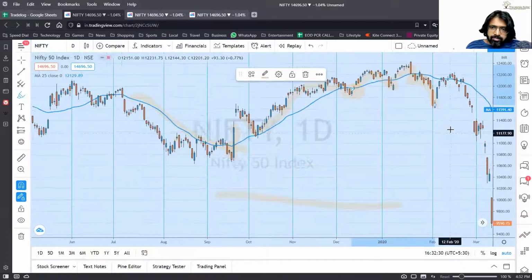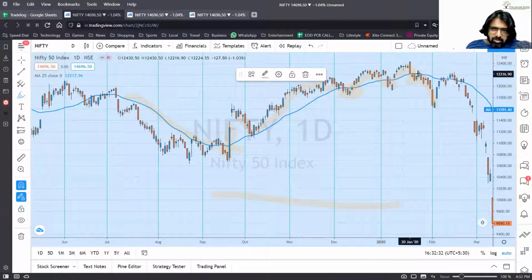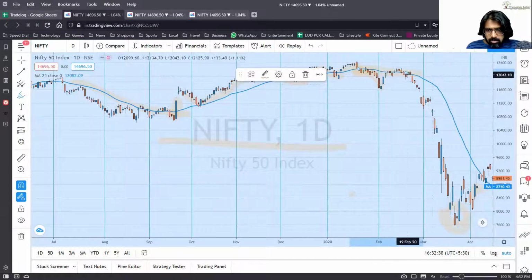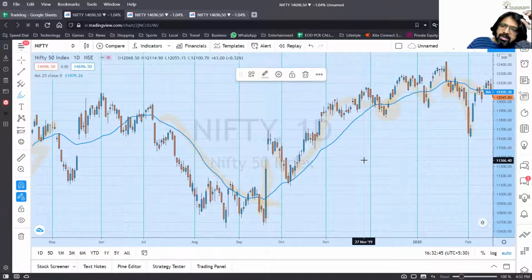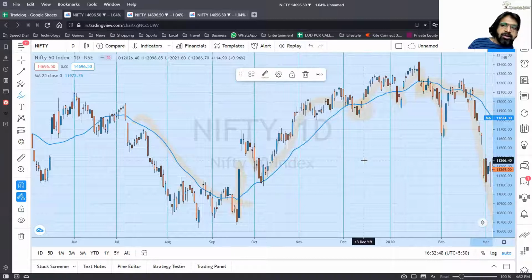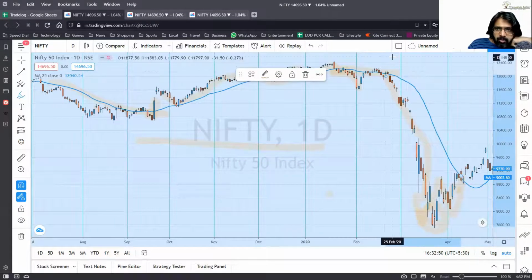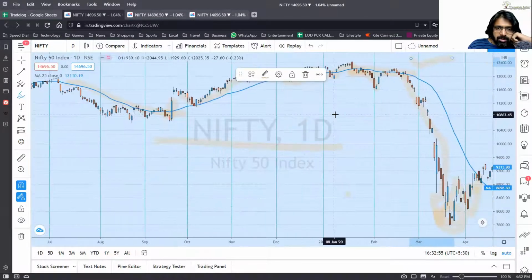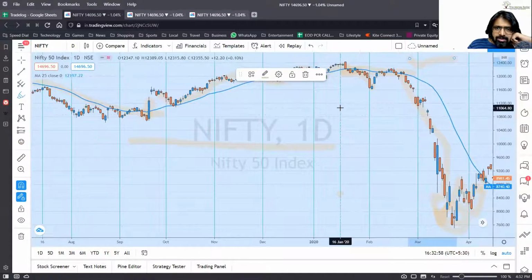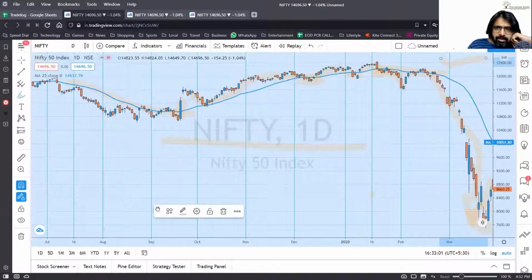Not only that, the moving average is also almost turning sideways out here before it turns down. And when it turns down, it's saying that boss, it is crashing. I will teach you a better way of identifying this particular fall in today's session, only using moving averages. But you can see that as soon as the moving average starts getting horizontal, the price does not respect it a lot.